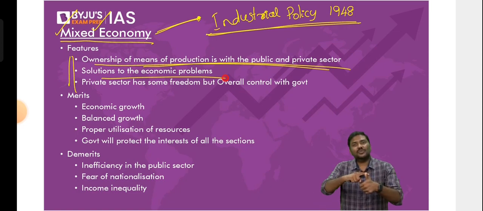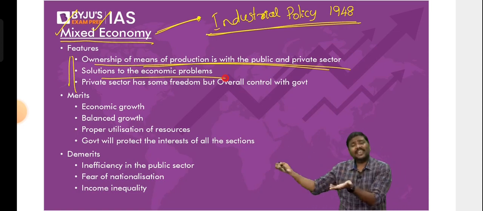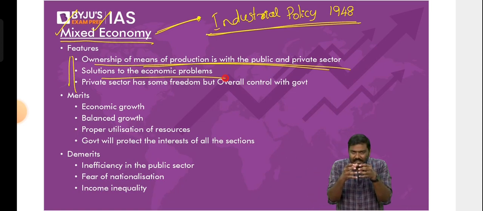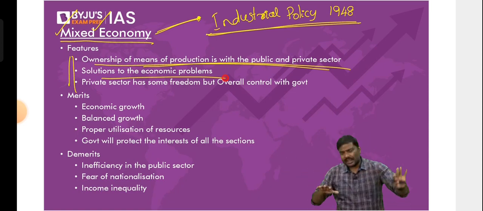What to be produced? Some of the goods will be provided by the government, others by the private sector. How much to be produced? In cases of some of them, government will decide. In others, private sector will decide. And at what price to be sold? Government will decide. Private sector will also decide. So in the concept of mixed economy, the decisions are taken and the participation is done by both the private sector as well as the government sector.